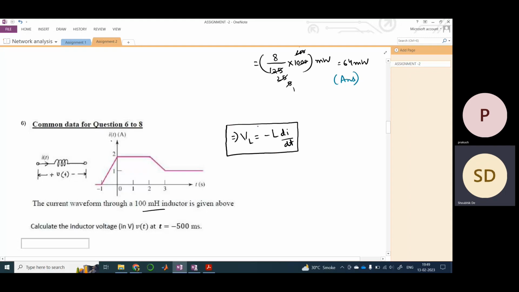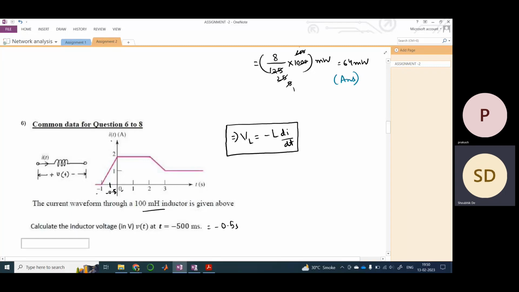Now it is pretty straightforward. They have told us to find v(t) at t equals minus 500 milliseconds. Minus 500 milliseconds would be something here, because it is minus 500 divided by 1000, so minus 0.5 second. If you see, between minus 1 and 0 second,